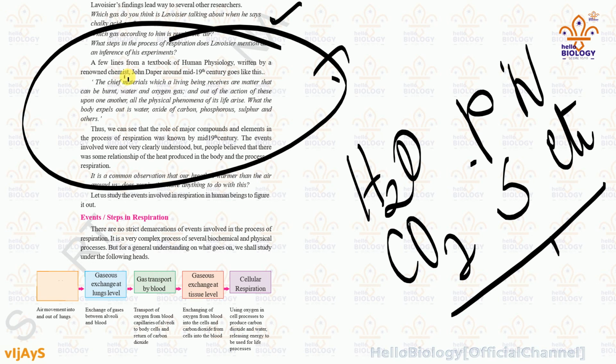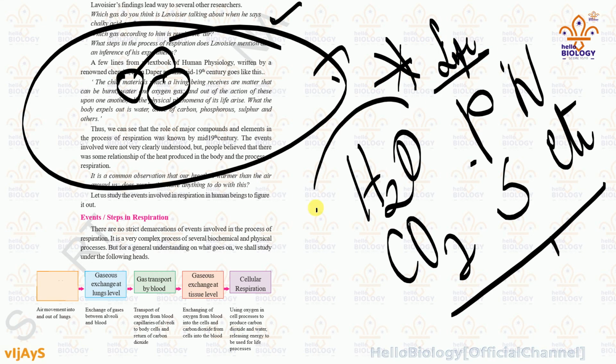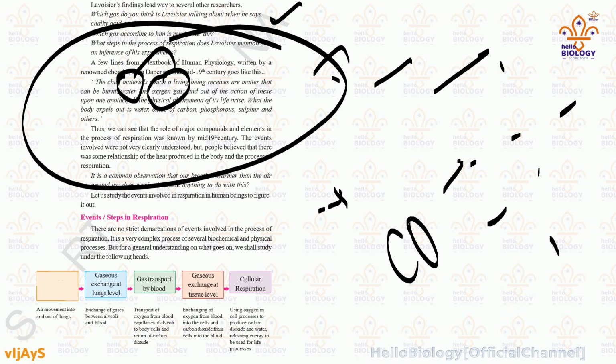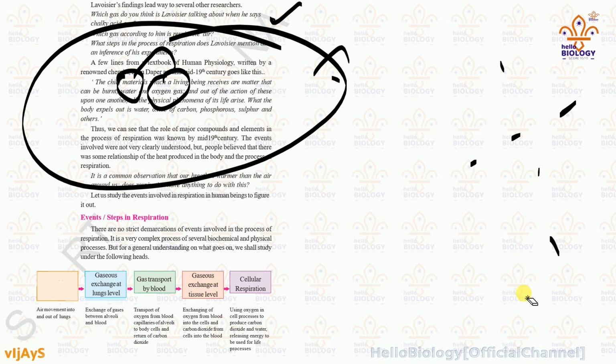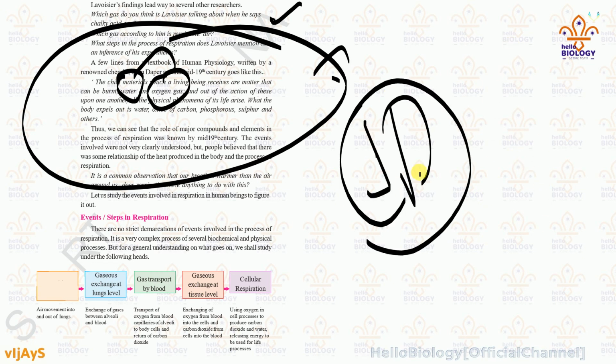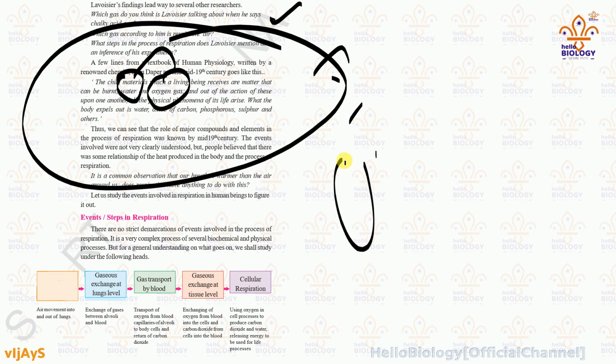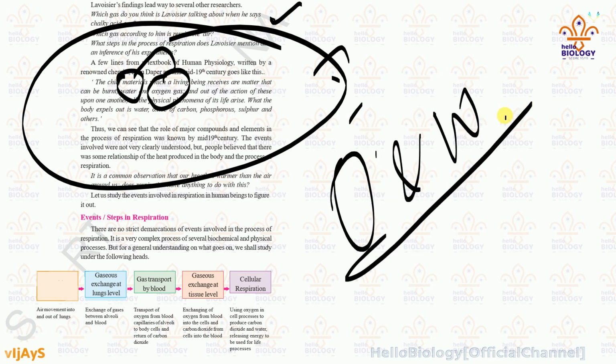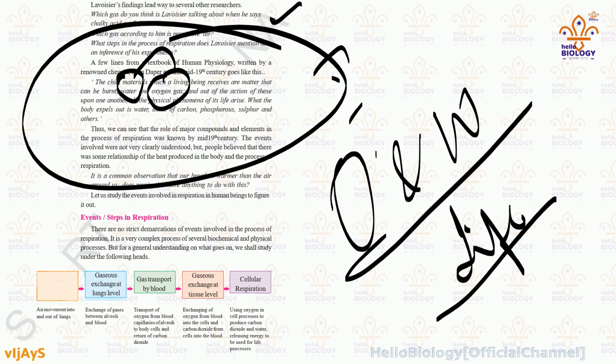That means water and oxygen and their burning in our body are important for life to begin, and the body eliminates the products mentioned. This was said by John Draper. Then we understood the major compounds and elements in the process of respiration, known till the 19th century due to the investigations made by John Draper. He gave a good statement here: only oxygen and water are responsible for building our life. This was said by John Draper in the 19th century.